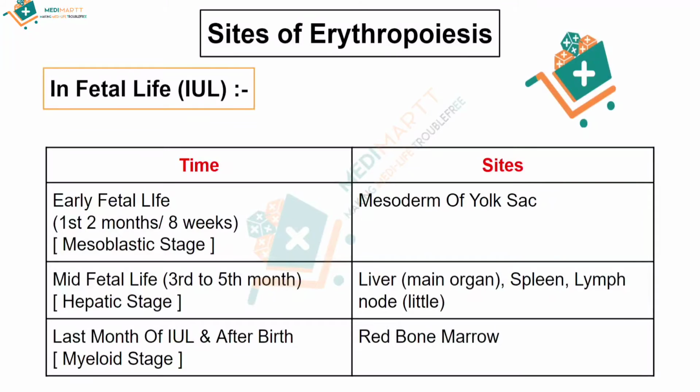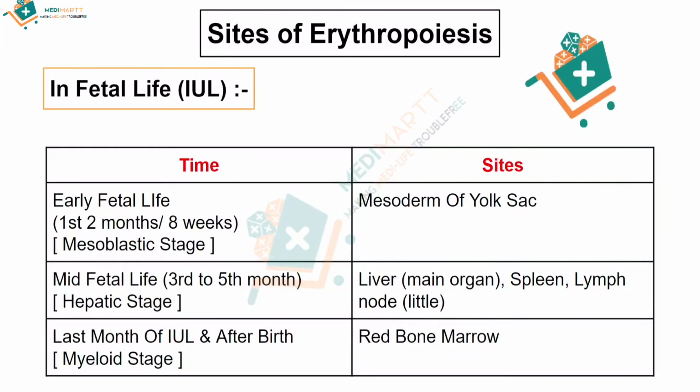Okay, basically in fetal life, first of all, in early fetal life, like the first 2 months, or we can call it 8 weeks, because 1 month consists of 4 weeks. So that's why we can call the first 2 months 8 weeks also. That stage is called the mesoblastic stage. The site of erythropoiesis in this stage, the mesoblastic stage, or in early fetal life, is the mesoderm